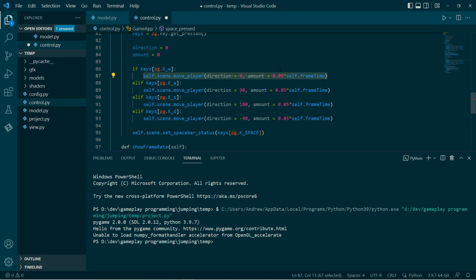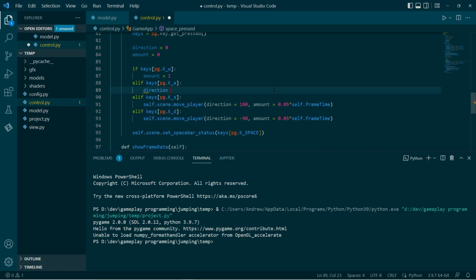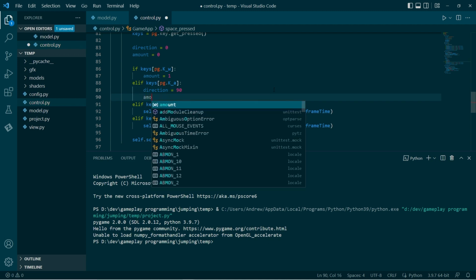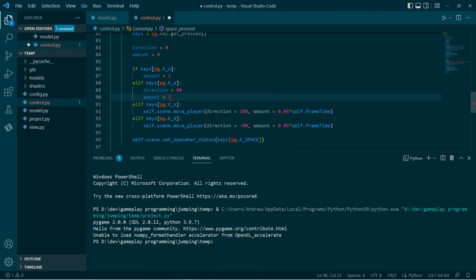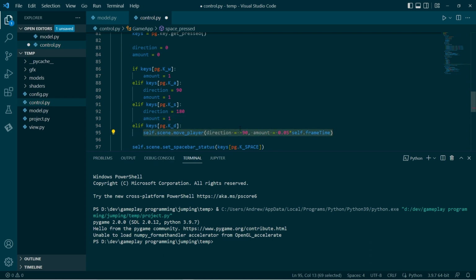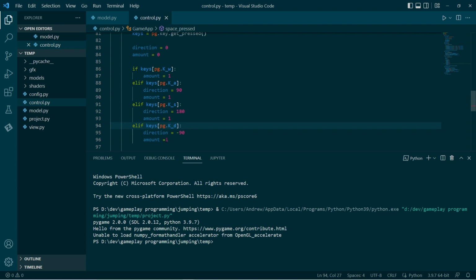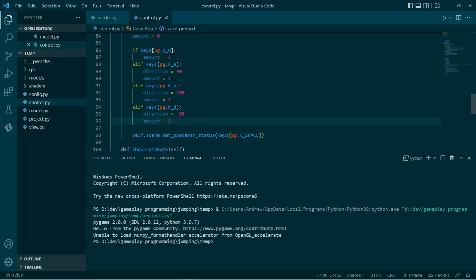We do not need to change the direction, but we do need to indicate that a forward step is being applied. If we hit A, we're going left, so we'll say direction is 90, amount is 1, and you can see what I'm doing here. Okay, cool. So we've checked and set any flags we need to set.